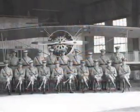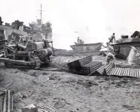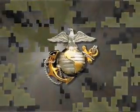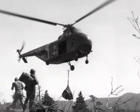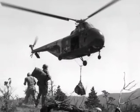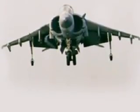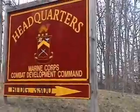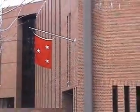From close air support in Nicaragua to the amphibious landings on the black sand beaches of Iwo Jima, the United States Marine Corps has been relied upon by this nation as an innovator on the battlefield. Continuing with the tactical employment of helicopters in the Korean War to the launching of vertical lift-capable AV-8 Harriers in forward areas, the Marine Corps has consistently studied, researched, tested, and refined systems and concepts that have given them the